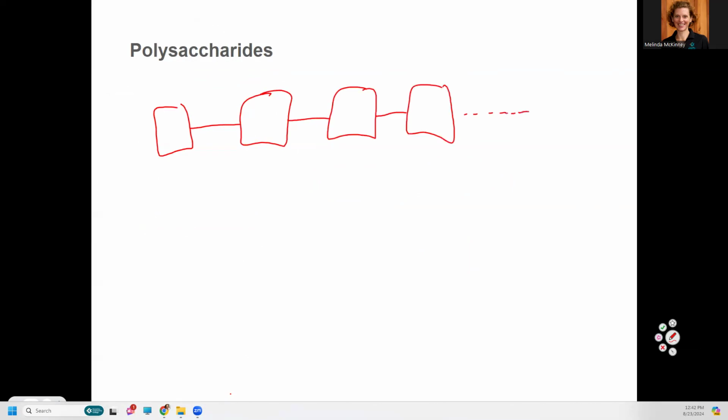You might actually have thousands of monomers put together, and each of these would be a covalent bond. And these might all be, say, glucose. So if you have a whole bunch of glucose molecules put together again and again and again, then you have